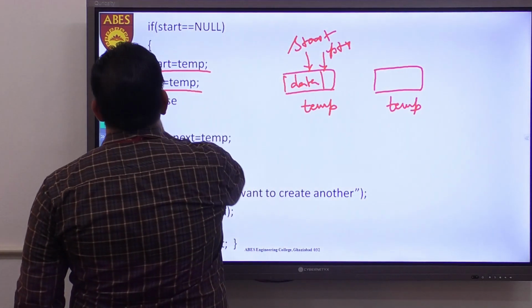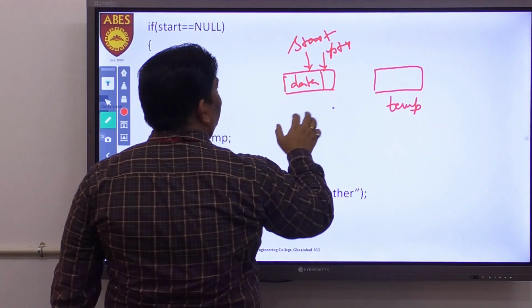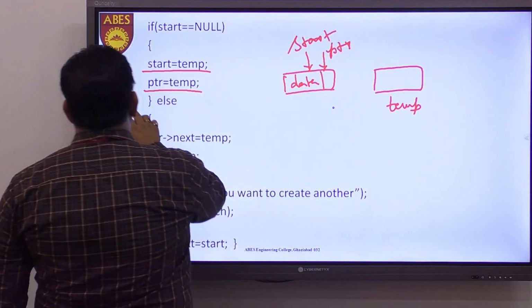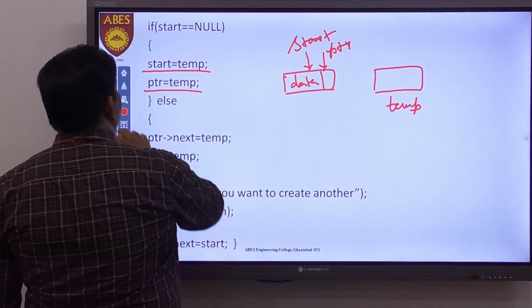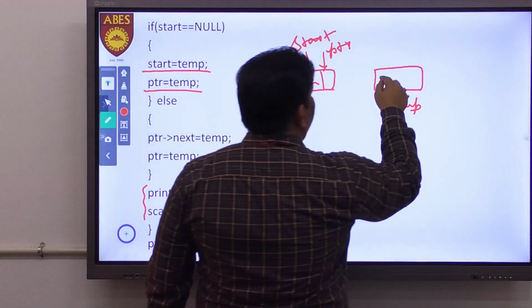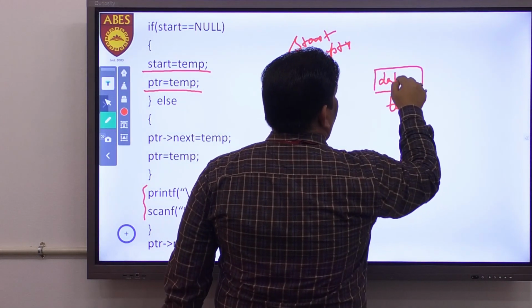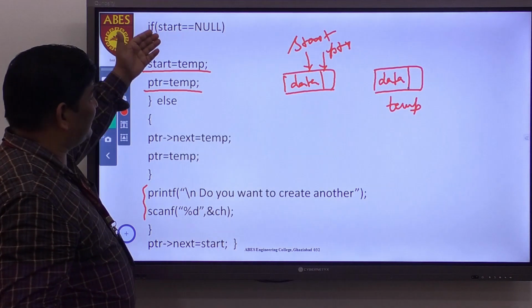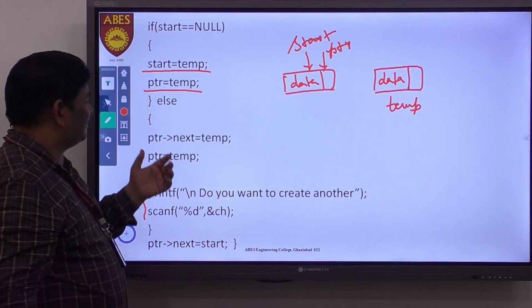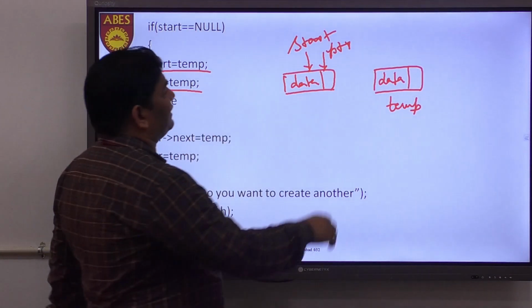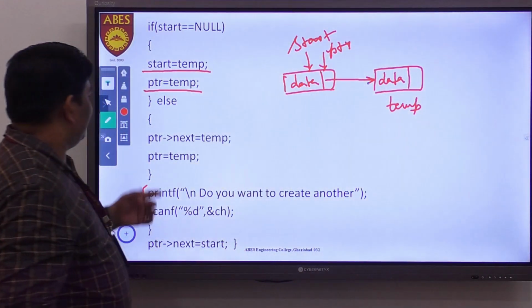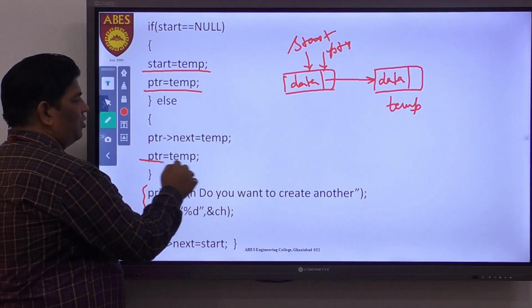And the previous temp no more exists, because that can be held by the start and the PTR, and the temp is creating another node. And in this case, you can perform again the same. You can put the data here. And the next operation which you can perform is that if the start is null. No, the start is not null. In the else case, you get the PTR next equals to temp. So the PTR next equals to temp, that means your PTR next is pointing to here, and obviously the next is the PTR equals to temp.